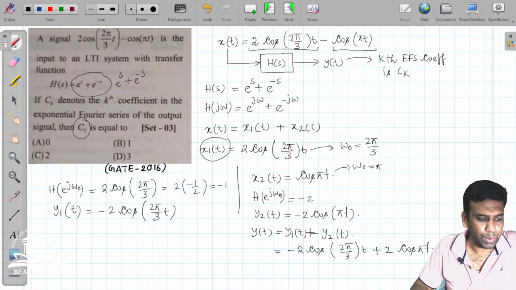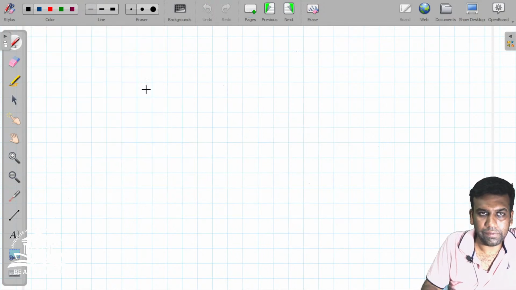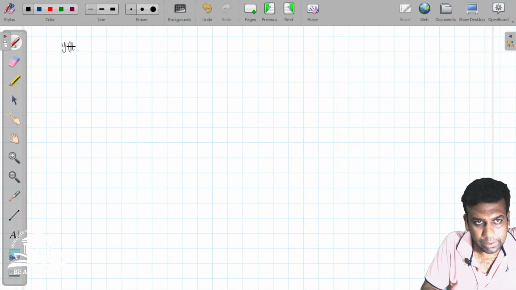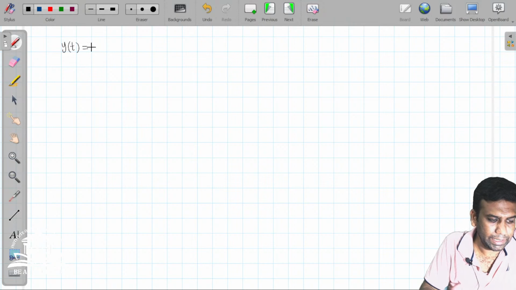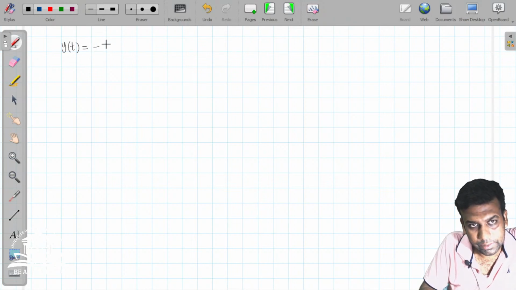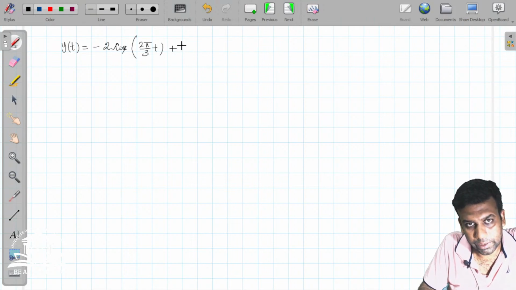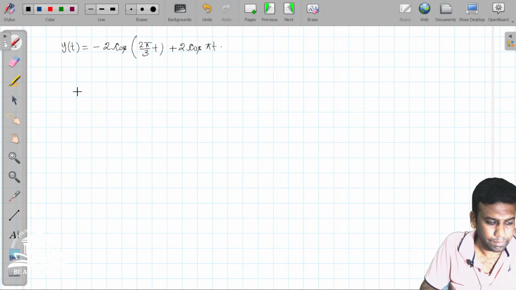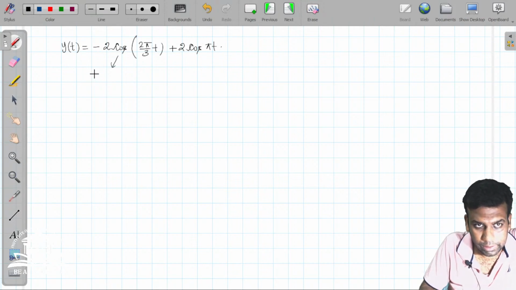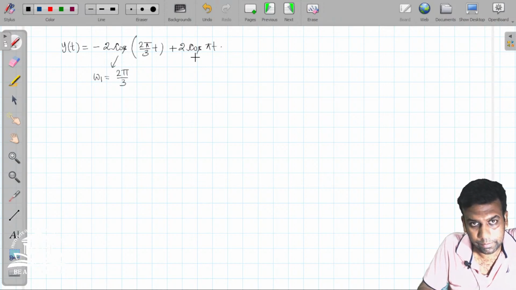So from this we can find the value of main signal. So yt is this thing. Yt was, if I write the yt, it was minus 2 cos 2 pi by 3 into t plus 2 cos pi t. Now from this you can see that omega 1 value is 2 pi by 3, omega